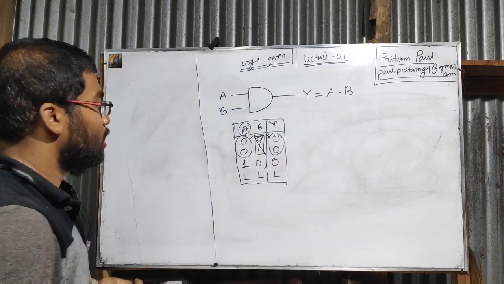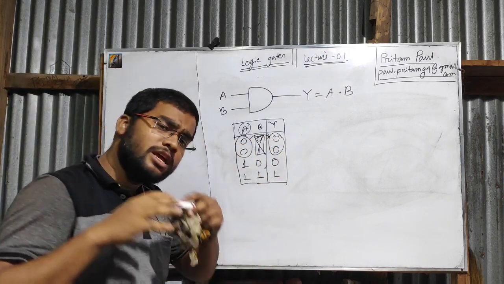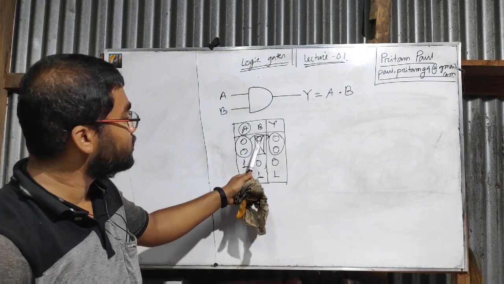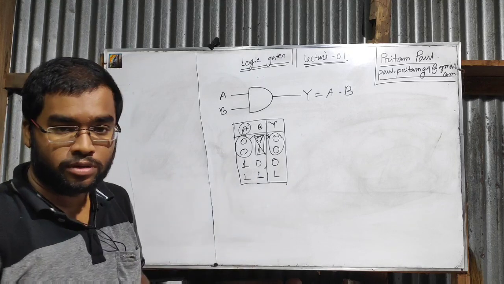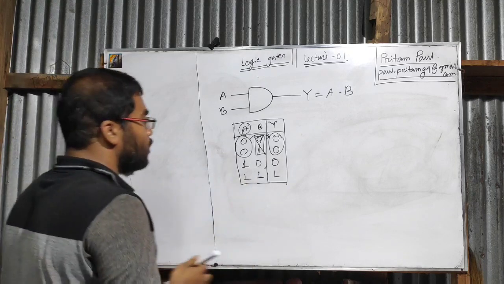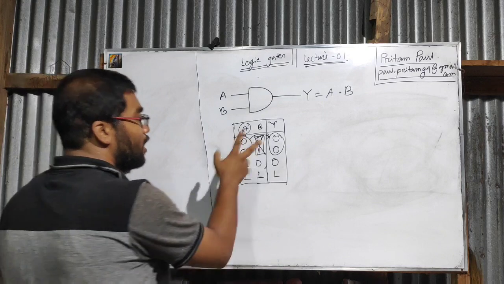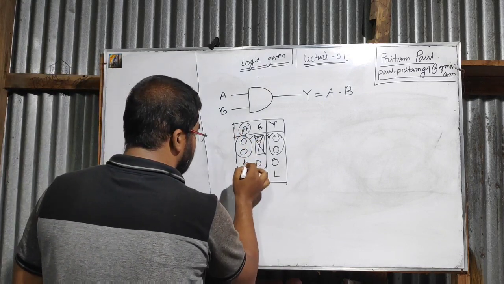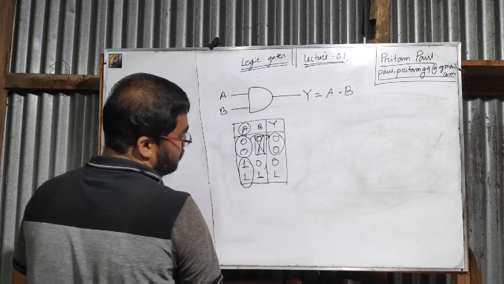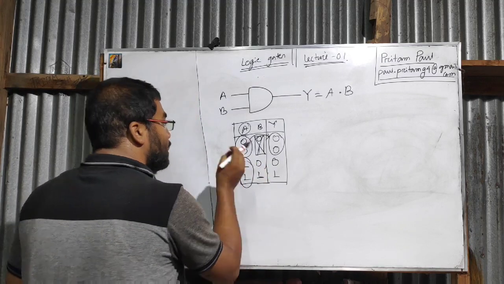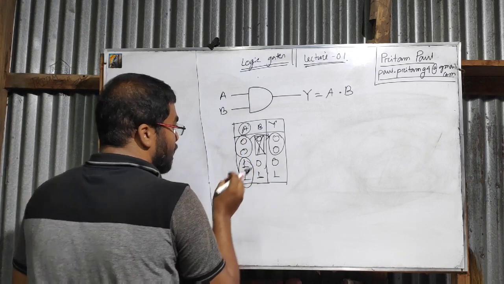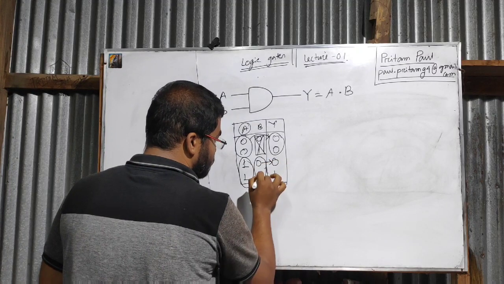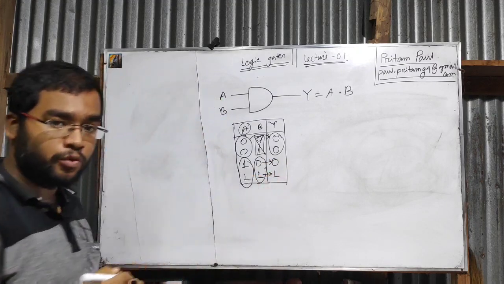In C programming or in Python or any kind of programming language, any compiler or interpreter will not go to the section B when A is 0. Later we will go through an example, and there we will get to know what I am exactly saying. And when A is 1, or A is on, or A is a true value, after that we will check for B. If B is 0, output is 0. If B is 1, output is 1.